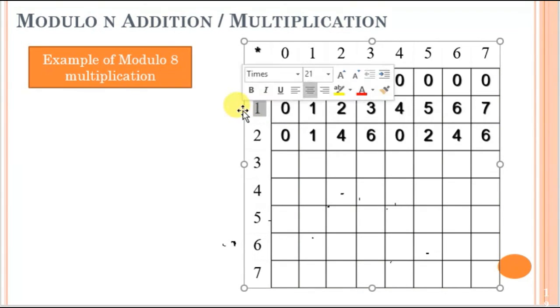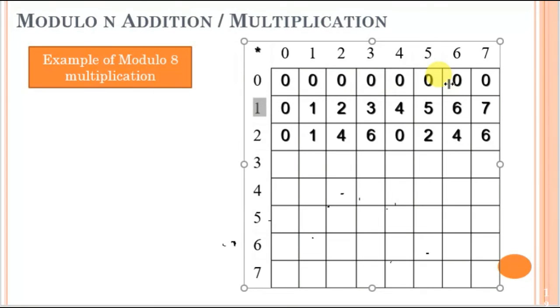Now we check whether this identity element is present in each row of this table. In the first row, the value 1 is not available because all values are 0. So if any row does not contain the identity element, then the abelian property is not satisfied by this